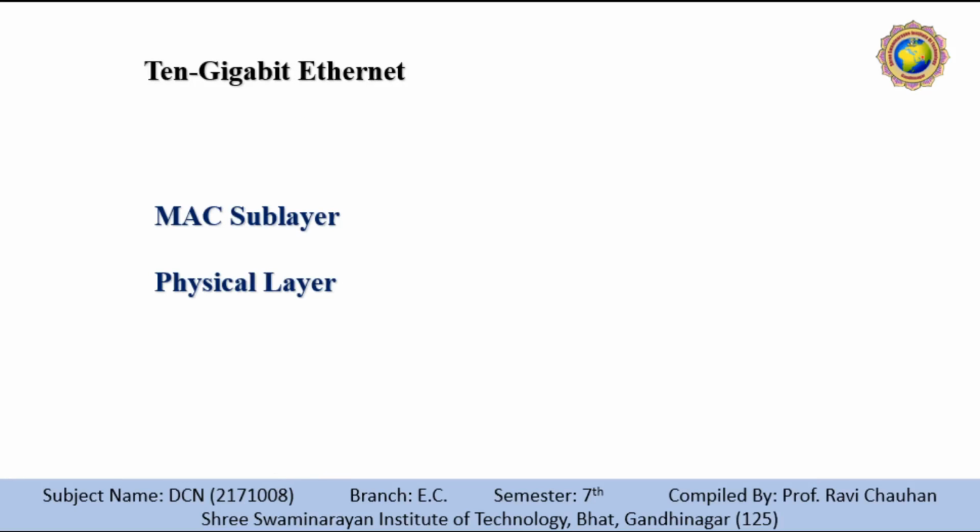So what is the MAC sublayer in this 10 gigabit Ethernet? The 10 gigabit Ethernet operates only in full duplex mode, which means that there is no need for collision detection or contention. So CSMA/CD is not used in our 10 gigabit Ethernet. The physical layer in the 10 gigabit Ethernet is designed for using fiber optic cable over long distances. Three implementations are the most common: